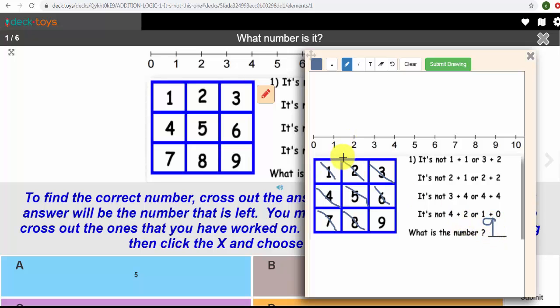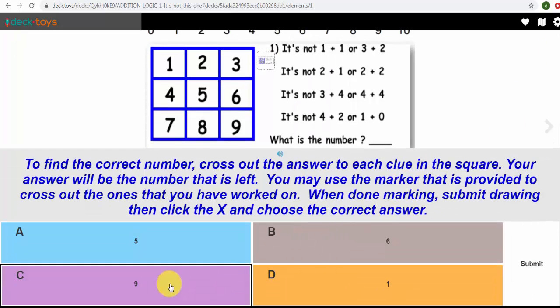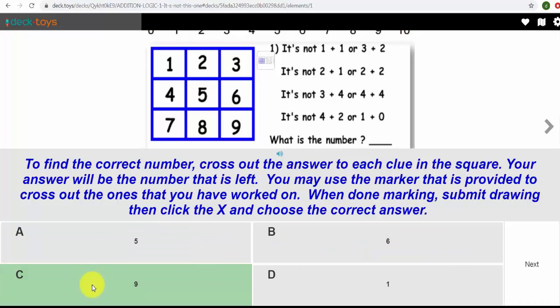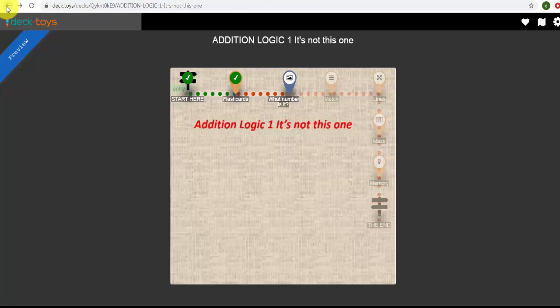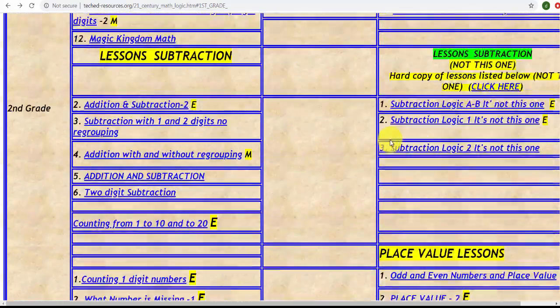Now we have a hard copy of this like normal. You could print this out. When you're done, hit submit, okay, and hit your X. And down here you want to click the answer, which is 9, and hit submit. When it turns green, it means you are correct. Let's go back because we don't want to do them all. So these are really good, okay? Now,